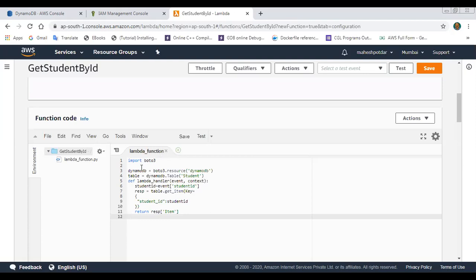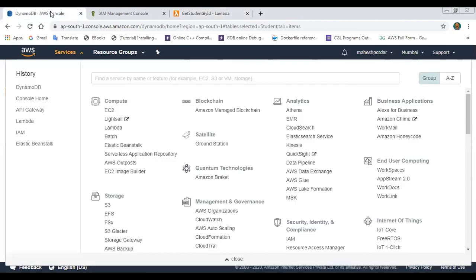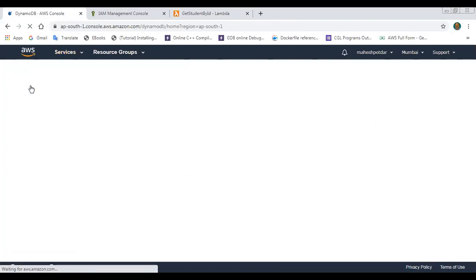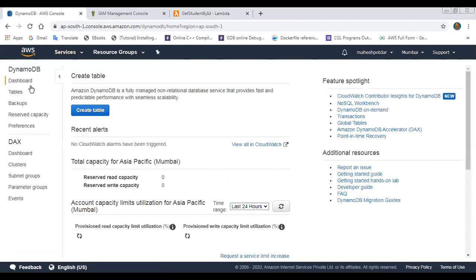Before executing the code, visit that library, read all the commands, and understand the library. So table equals dynamodb.Table, and the table name is student. We are using DynamoDB, and the table name is student.